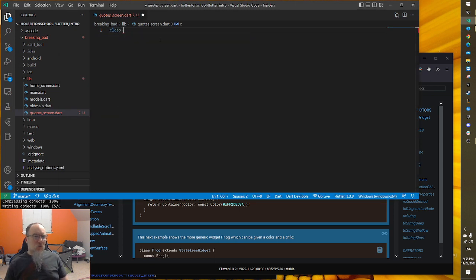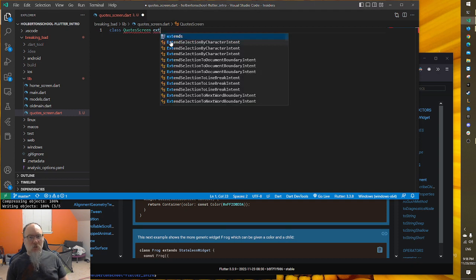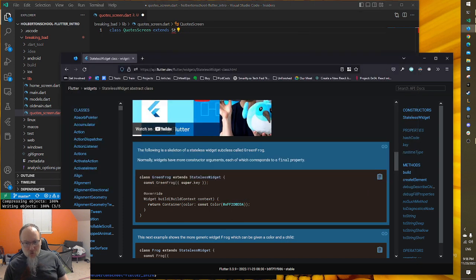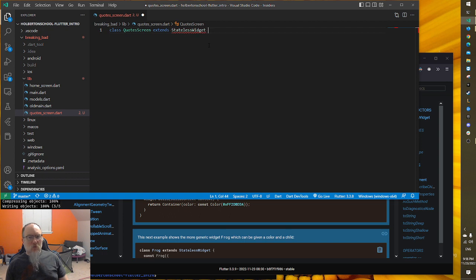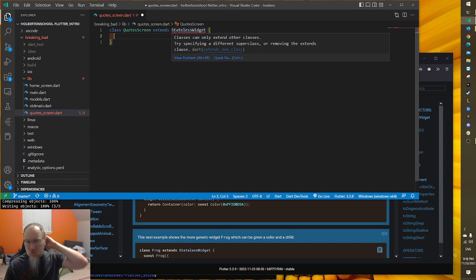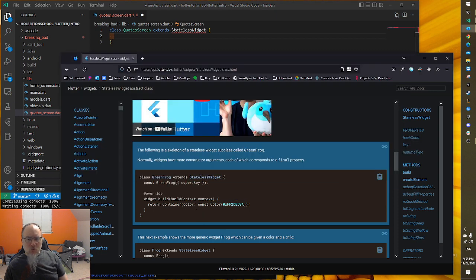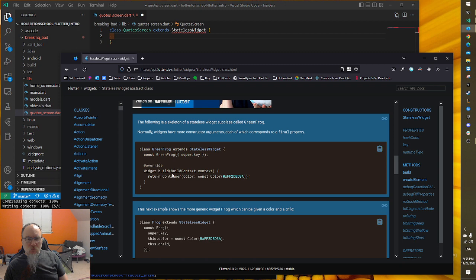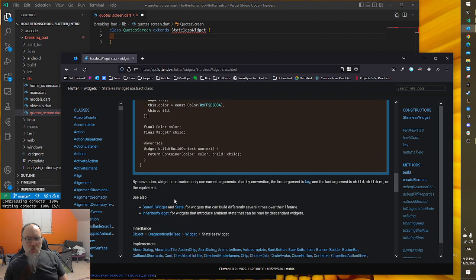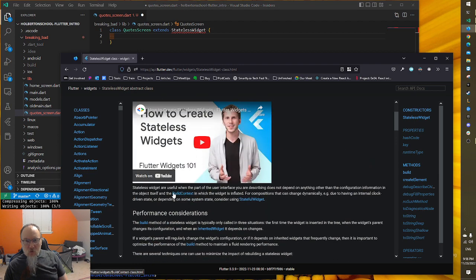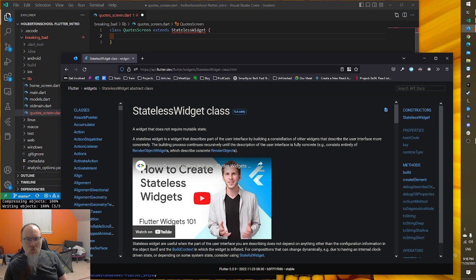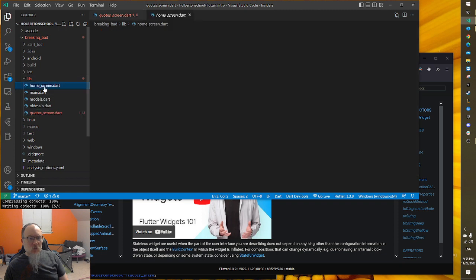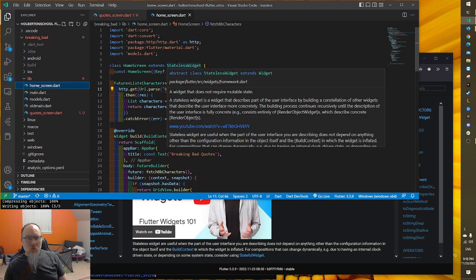Class quote screen extends stateless widget. Now that's what I was. Where does this come from? Try superclass removing the extends clause. Normally. Where does stateless widget import from? Let's see. If we look at home screen. Oh, that was a stateless widget. Ha! Okay. Well, then,